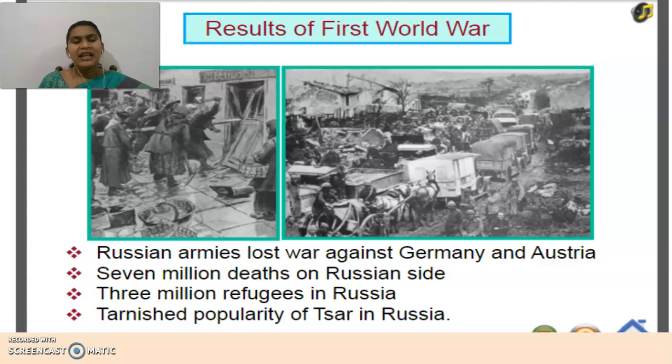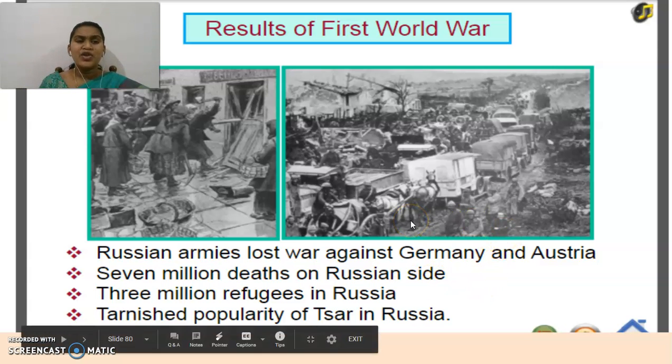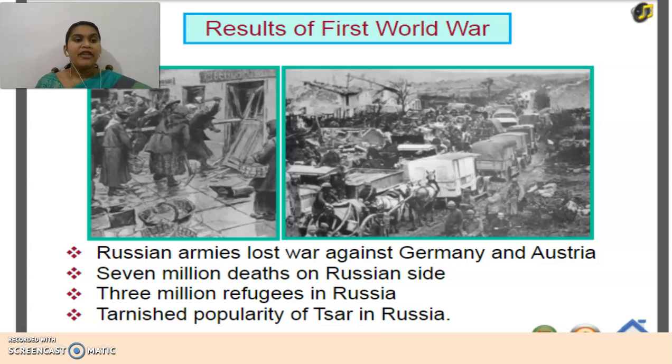Okay, and the popularity of the Tsar started to reduce slowly, because you can see the many casualties. And of course, as we know, children, for example, coming to India, if we fight any war and we lose that war, what happens? All the blame will go on a single person, who is the head. Yes or no? In the same way here also, whatever the losses and casualties that happened, the people started to blame Tsar Nicholas II. So that is what the